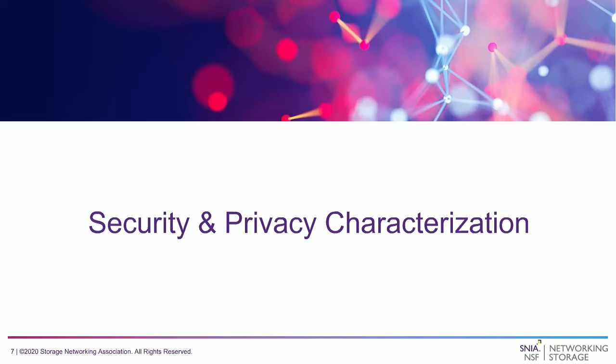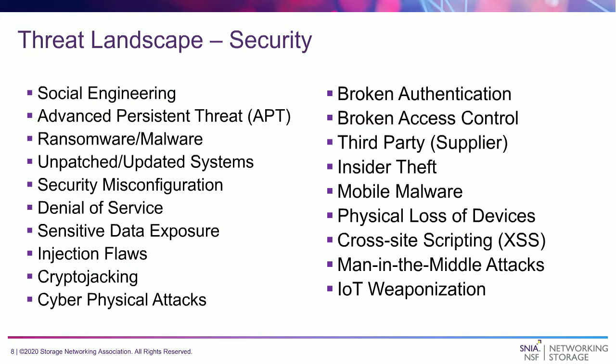All right, so I'm going to walk us through the security and privacy characterization piece first, and this is where you hang on to your hat, and if you're thinking about a CISSP, this will give you an idea of what you need. CISSP is one of the security certifications. All right, so I'm going to start with the threat landscape for security, and this is, if you're a practicing security professional, these are all the kinds of things that keep you up at night, or if you ever get to sleep. They are in sort of a loose order of their prevalence.